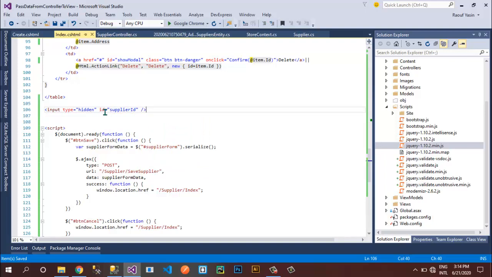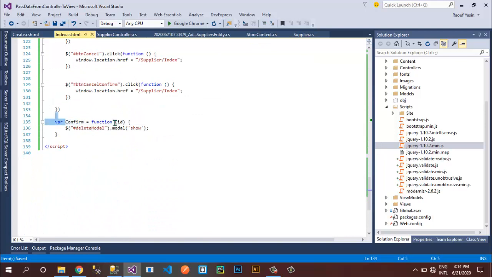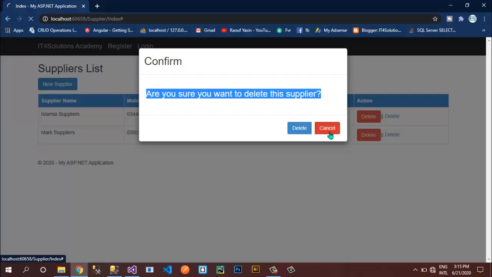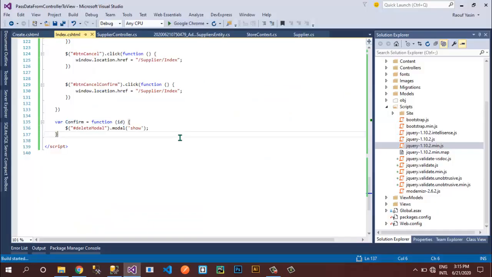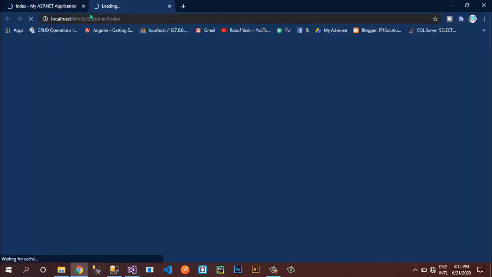So this will be a hidden field inside our form. So when a user clicks on this confirm button or basically this delete button, not this one, we should start again, so it should be displayed accurately.